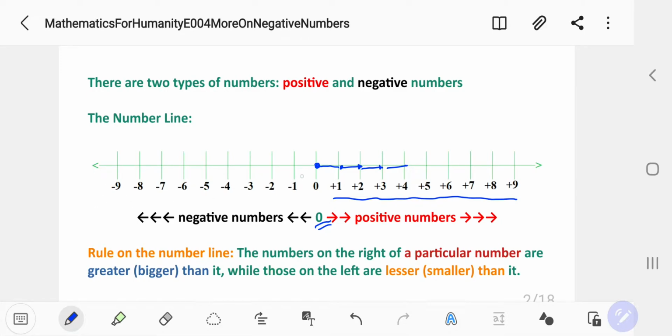Here also, from 0 going to the left, we have negative 1, negative 2, negative 3, negative 4, negative 5. If you count negative 1, negative 2, negative 3, negative 4, going there,